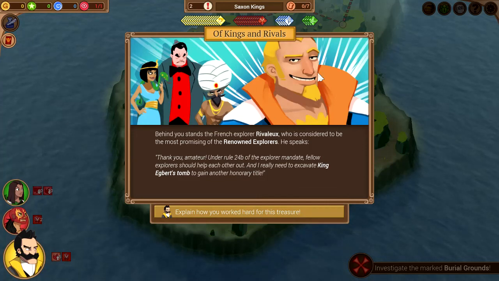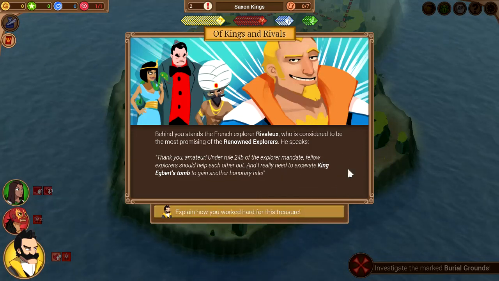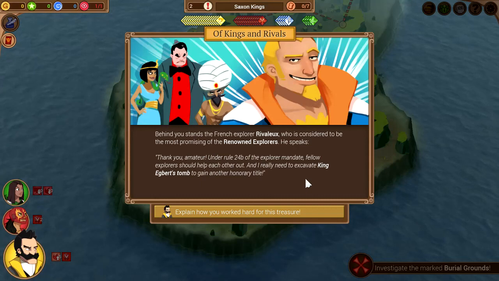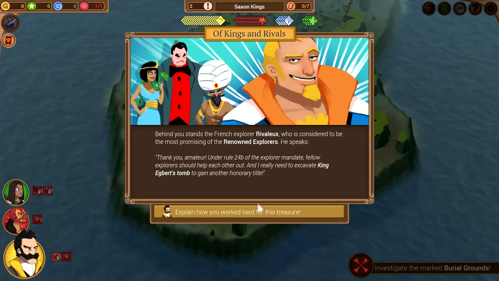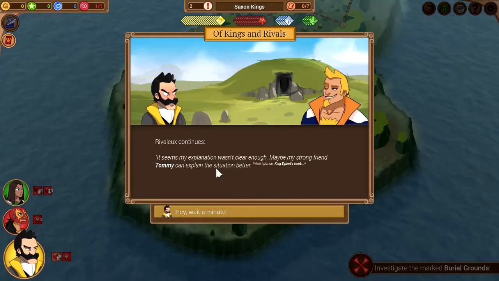And here we are, the French explorer Rivalu. And he's considered the most promising of the renowned explorers. Thank you, amateur. Under Rule 24B of the Explorer Mandate, fellow explorers should help each other out. And I really need to excavate King Egbert's tomb to gain another honorary title. Hey, we worked hard for this. We should definitely...